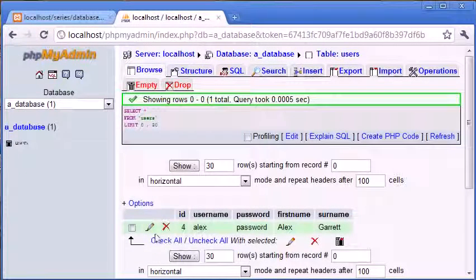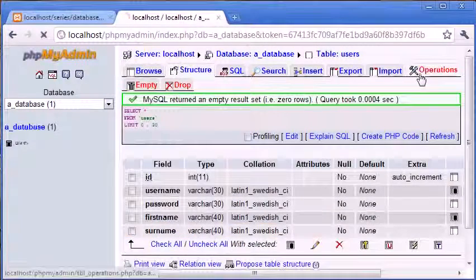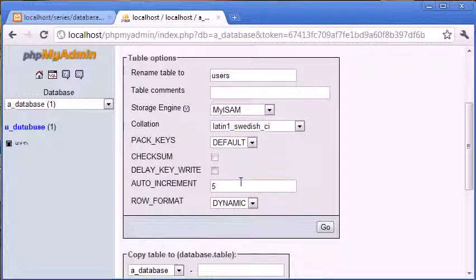Let's say we wanted to go back and start at ID 1 again. Now let's just delete that. You can use this tab called operations, and if you come down you can see auto increment. We can change this back to 0. If we click on go,